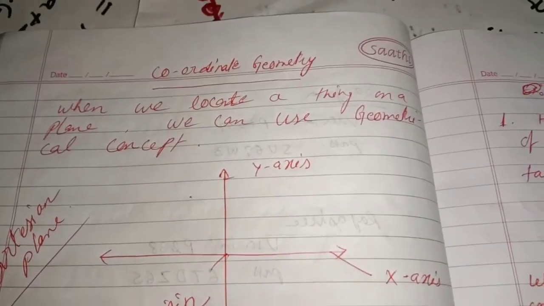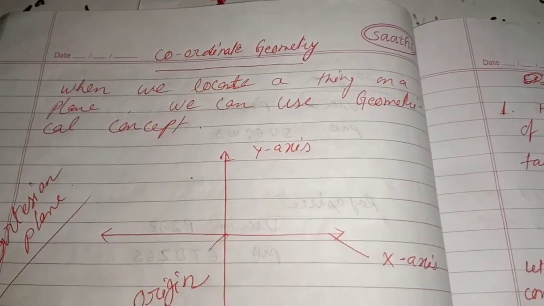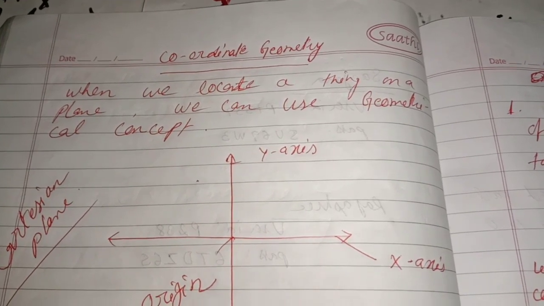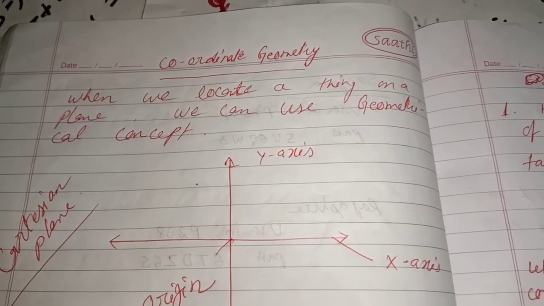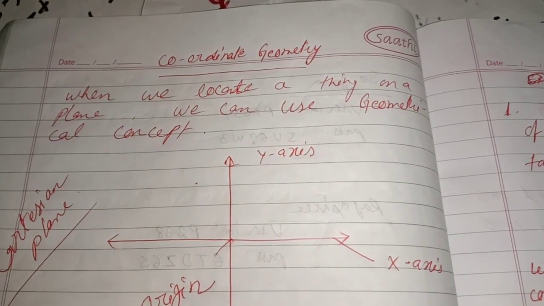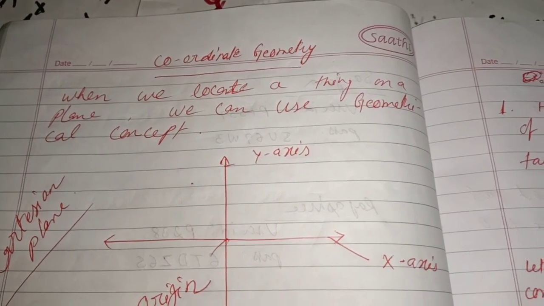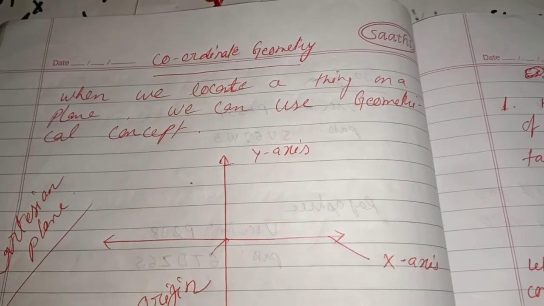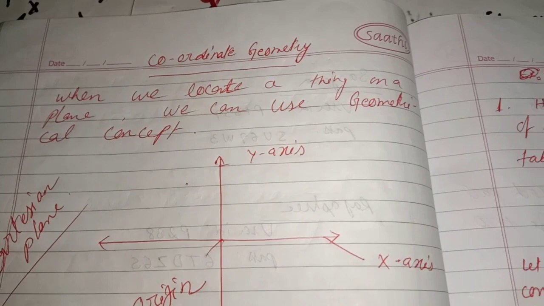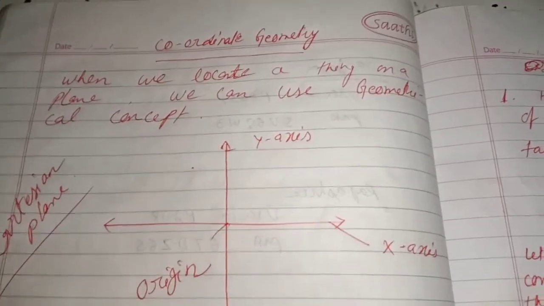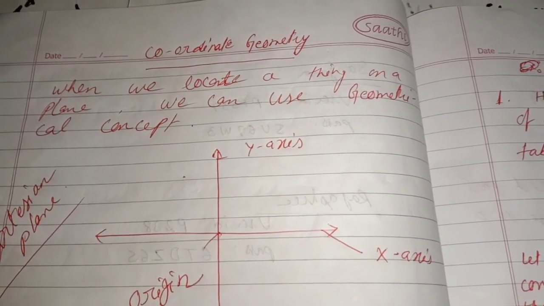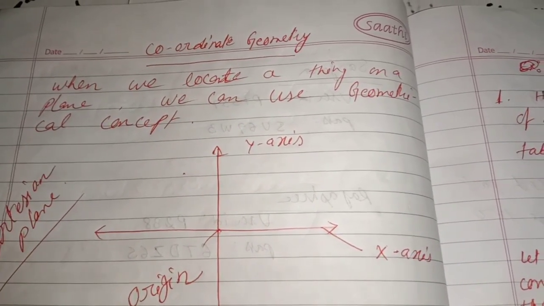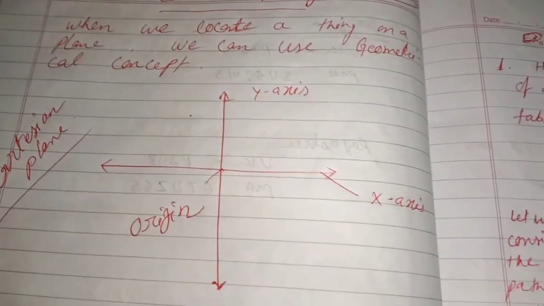When you locate a thing on a plane, suppose you want to locate a thing on a table or a chair, a lamp or candle or anything, how can we explain it through a geometrical concept? That time we can use a geometrical concept. That thing I'll teach you first. Before that I want to teach you about the